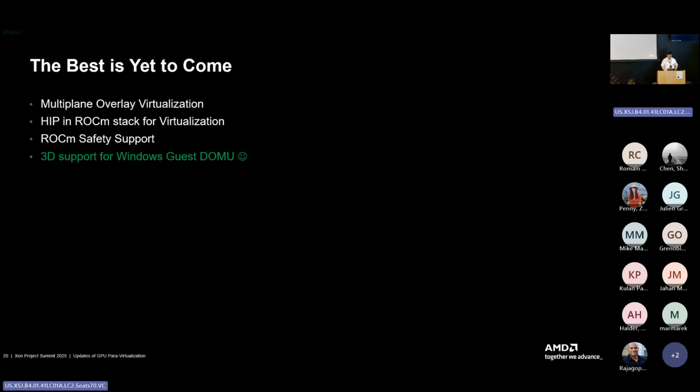All right, last. On the last page, we are still working on some new features to continue supporting GPU virtualization based on Xen. The first is multiple overlay, for display virtualization. That is still in progress, and maybe I can introduce it next time. The second is a heap for ROCm for virtualization based on the ROCm stack.